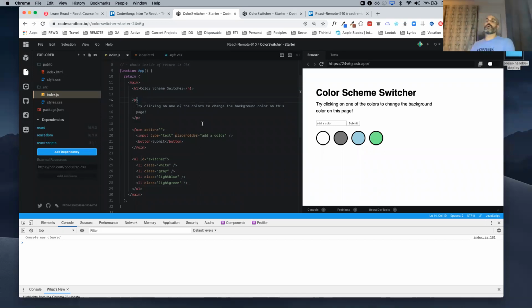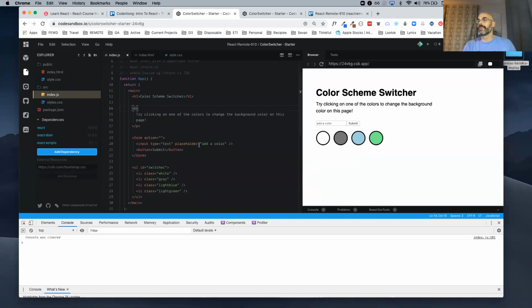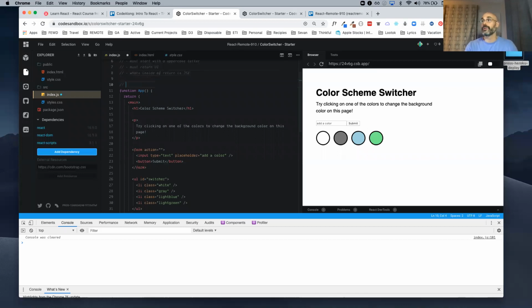Even though the React app is working, nothing seems to be broken here. There is something that's not right, and it has to do with this little world over here. Although it looks like HTML, it's really JSX. It's this combination of JavaScript and HTML, and it's very specific. There are some rules that govern JSX. So when I said what's inside of return is JSX, okay? I'm just going to put here some JSX rules.